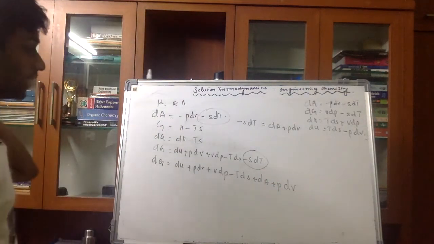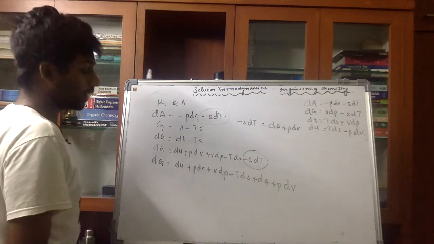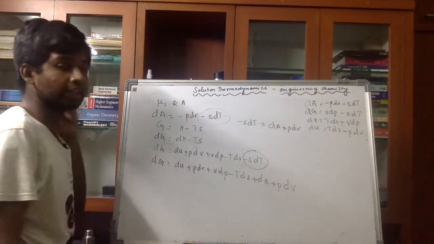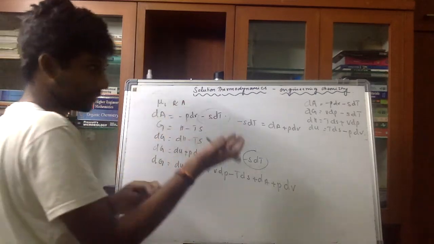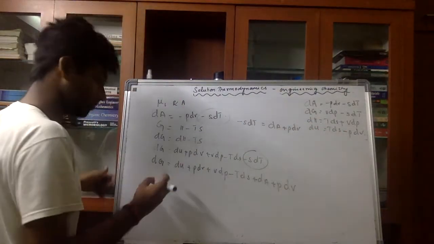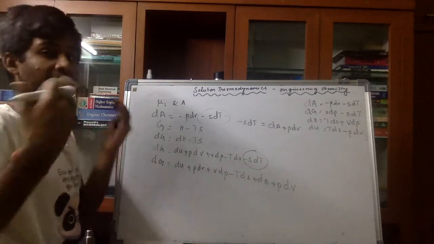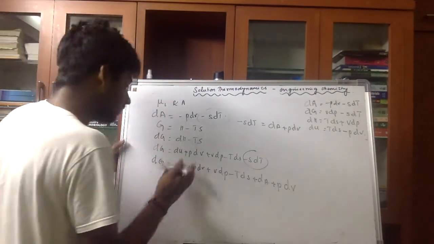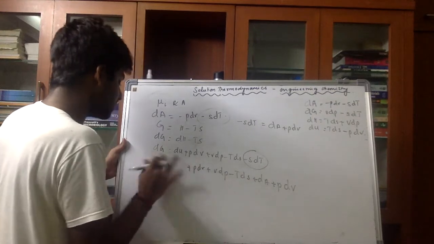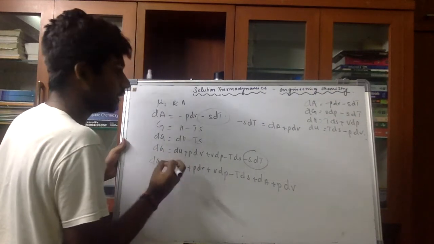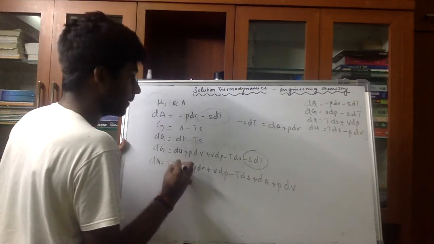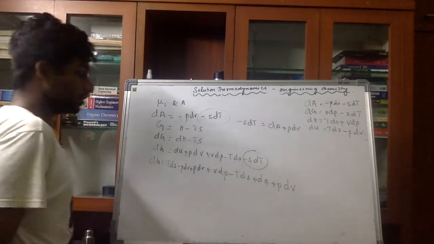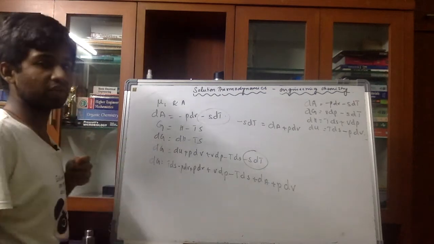Okay, so now next our main work is to write dU in terms of TdS and minus PdV, because you don't need the U component here. Previously you wanted the U component, so you didn't substitute, but now you don't need it, right? So we are not increasing the number of steps. So I'll write this dU as TdS minus PdV. Okay, right? Minus PdV.